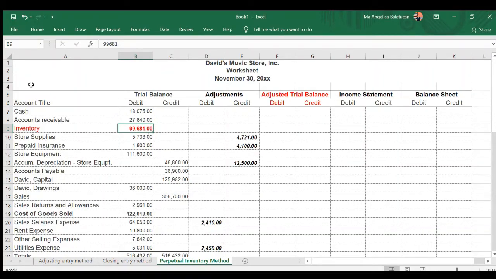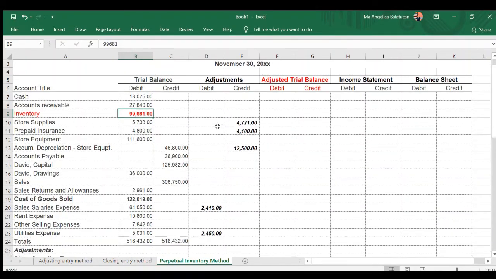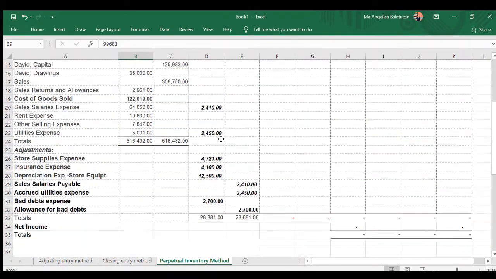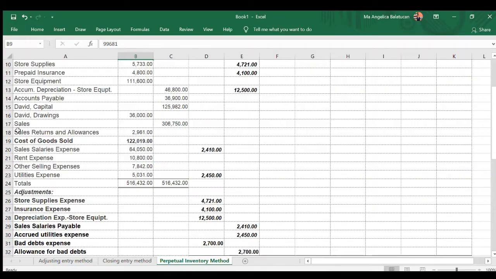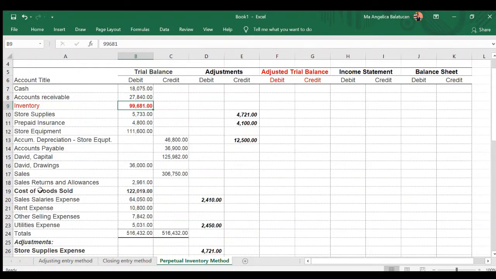Okay, so the rest of the amounts in exercise 4.1, David's Music Store Incorporated, are the same, except that I changed the purchases, purchase returns, purchase discounts, and the freight